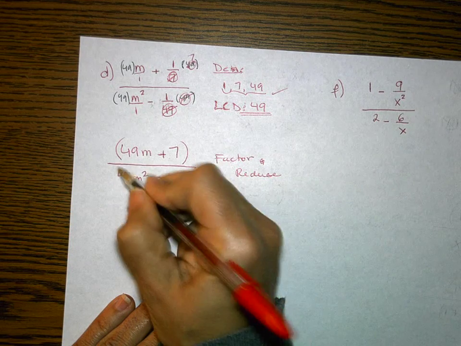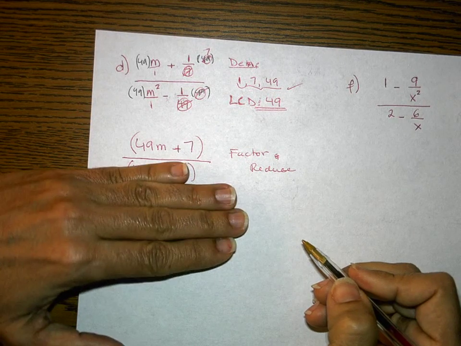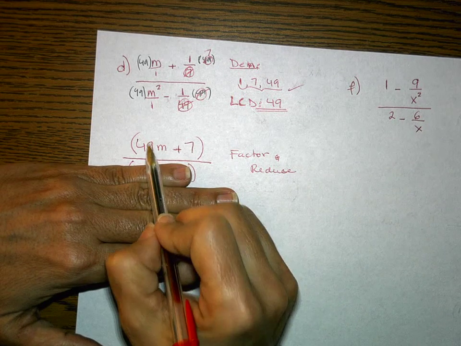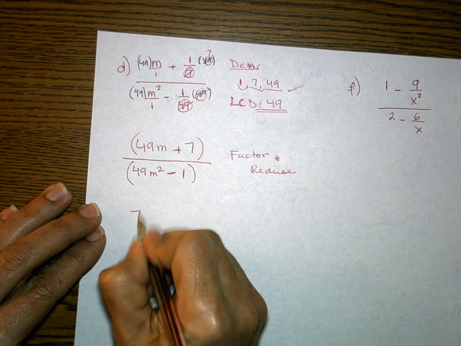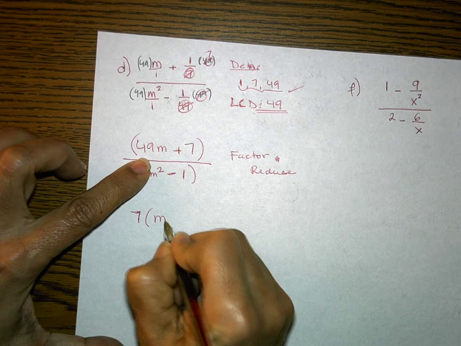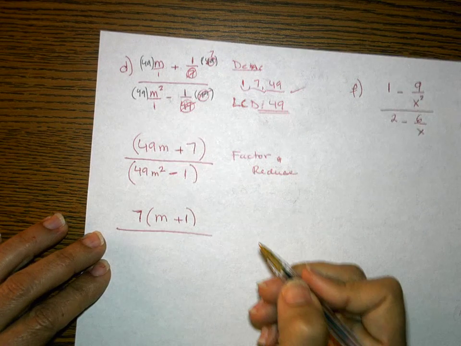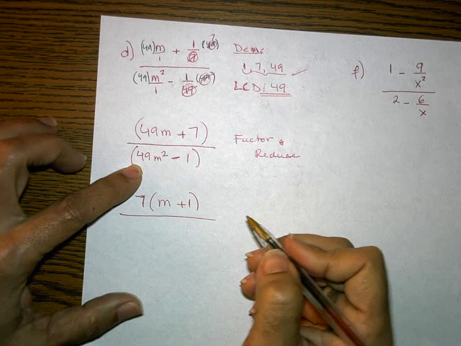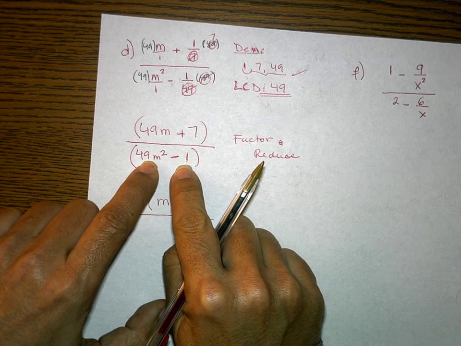We have a binomial of two terms here. If I look at the numerator, I have a 7 and a 49. They're both divisible by 7, so I'm going to factor that out. And I get 7 times m plus 1. And then on the denominator, there's really nothing in common between a 49m squared and a 1, but you